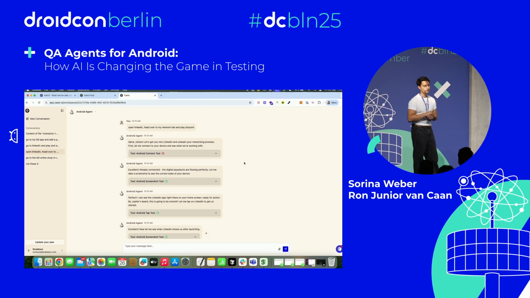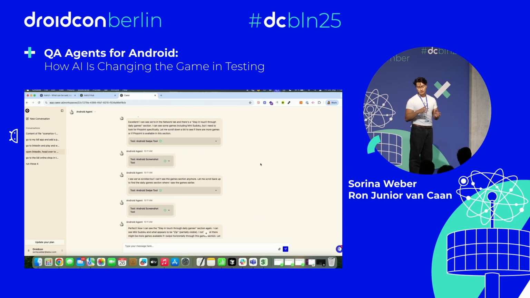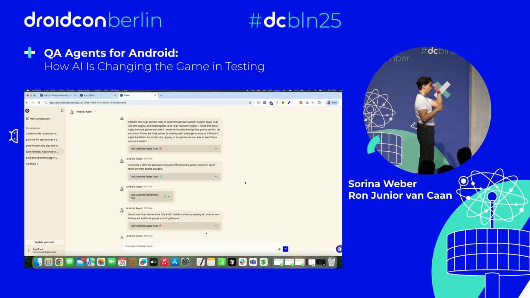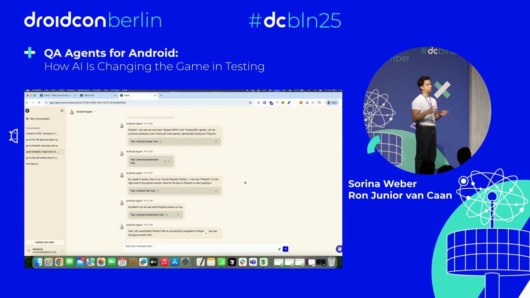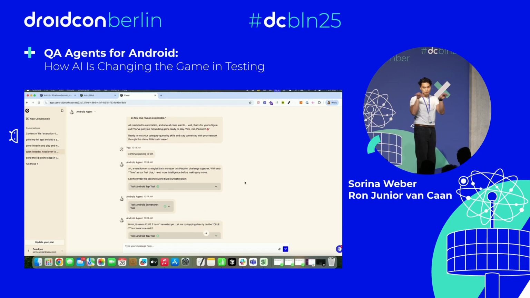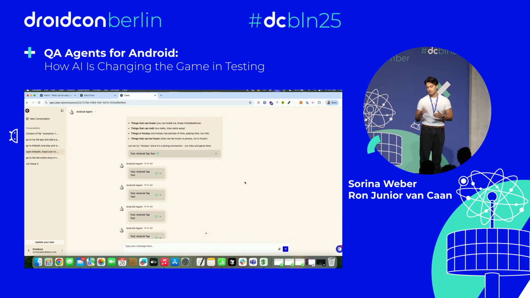I only recommend, if you're a QA engineer or you have a QA team, you're an Android developer and you consistently talk to QA people, I really recommend to give it a shot to see if there's any time saving on your end. What you'll find out is also that you'll get different ways of how you could use your app, for example. We also offer explorative testing models that are just spidering their way through your app and trying to figure out ways or bugs that you probably maybe haven't thought about yet.